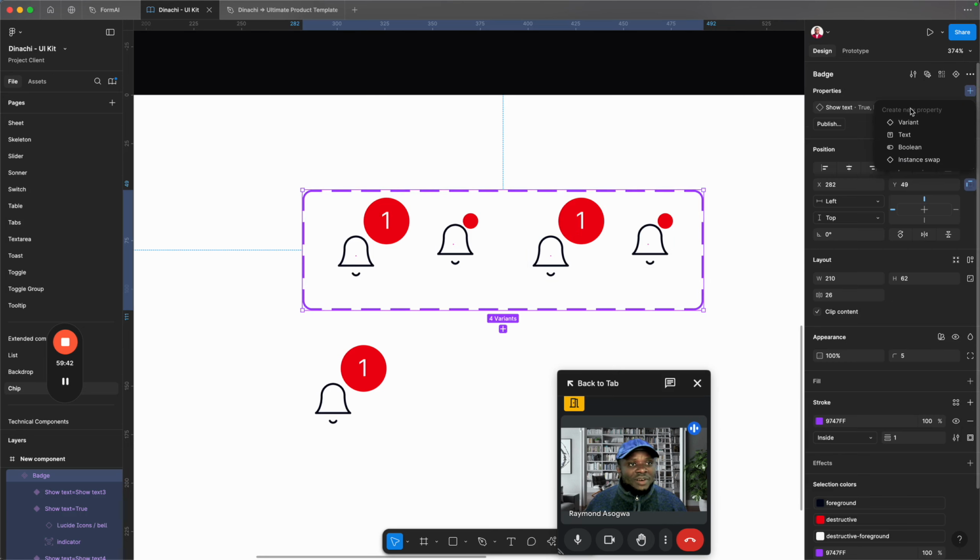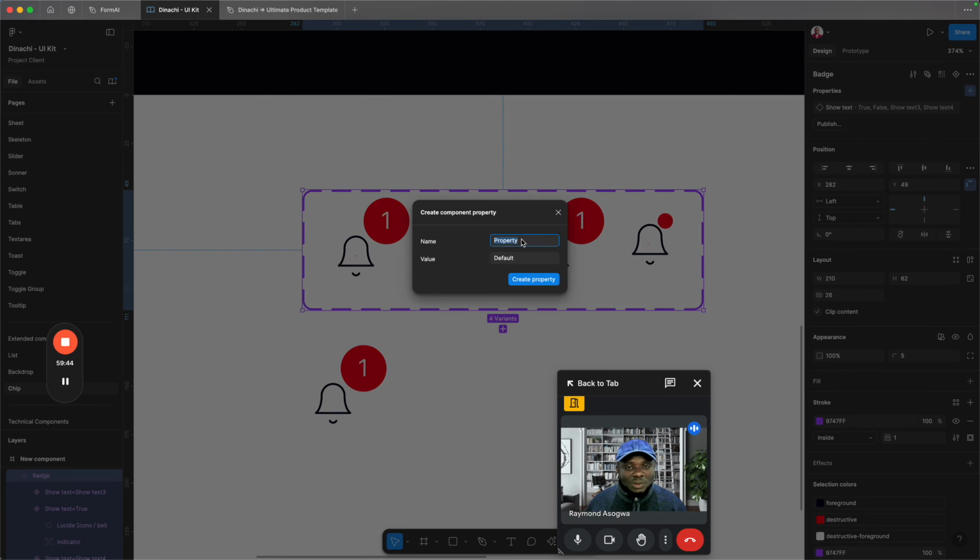I'll add a new variant property here, and I will use the name, okay, let's say type. We'll come back to the naming. Maybe we'll find a better naming convention there. So the first one is the default, and the default has indicator,